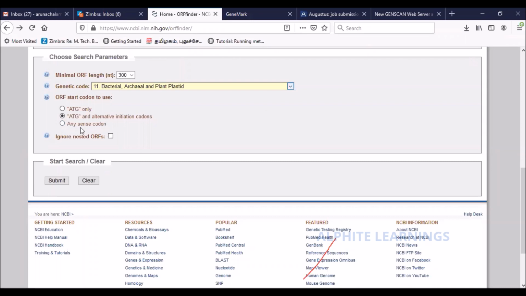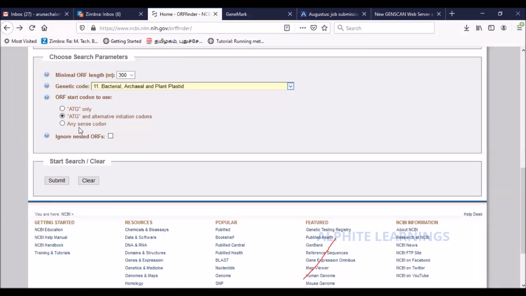When do you select this option? You are aware that the DNA sequence is not complete. By some other experimental methods, you know that it doesn't start at ATG by sequencing itself. There is something that has happened while isolating the gene or while amplifying.